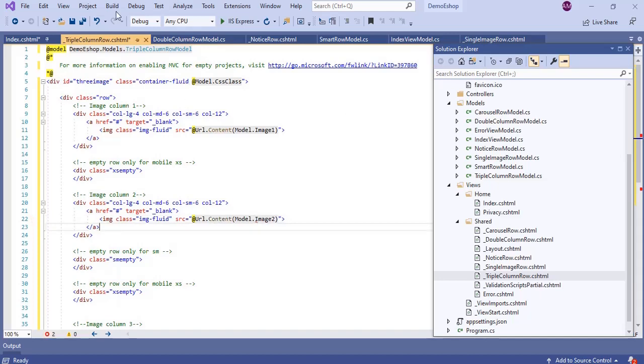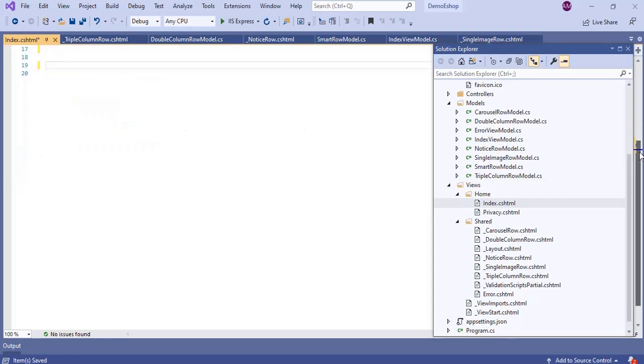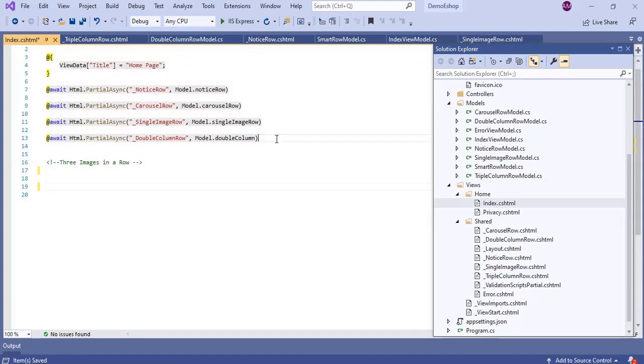And we will call the partial view in the index.cshtml. Let's delete all these things. Then copy this and paste it here. Then the name is important here.